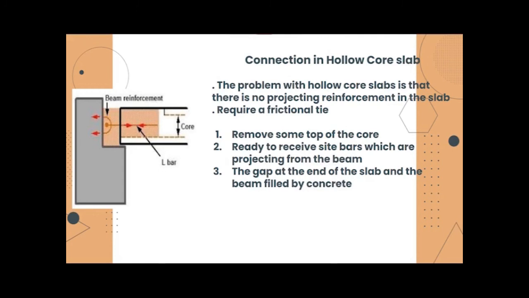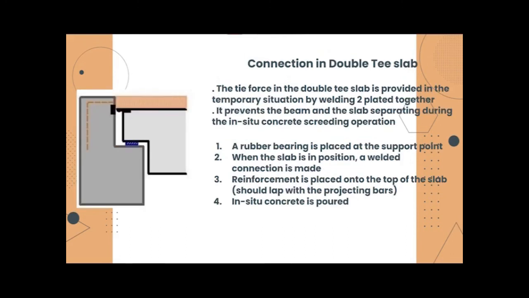So the first step to connect hollow core slab with the beam is set hollow core slab on bearing pad on precast beam. Next, it is ready to receive side bars which are projecting from the beam. After that, the joint is grouted solid, and lastly the gap at the end of the slab and the beam is filled by concrete. So the connection in double T slab: the tie force in the double T slab is